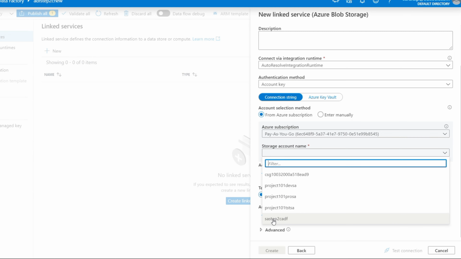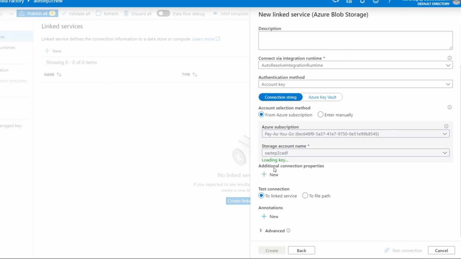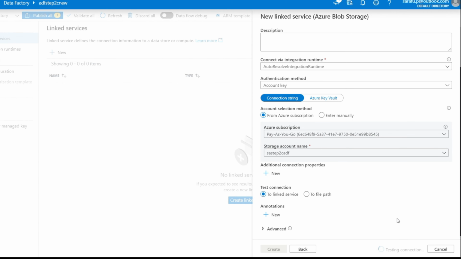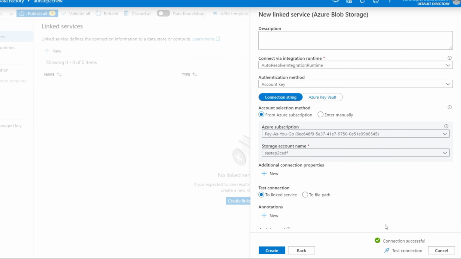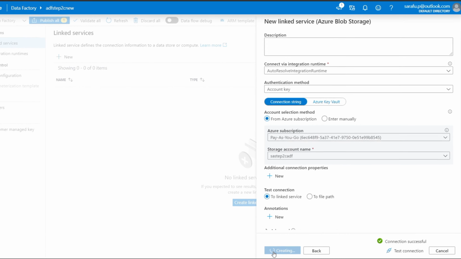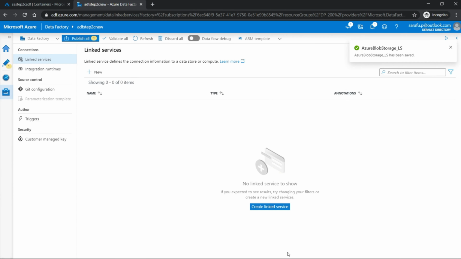In our case, it's SA Step2C ADF, and you could see we are accessing this with a connection string. Now you could test the connection, and the connection is successful. So let's create the connection. So our destination connection is ready.